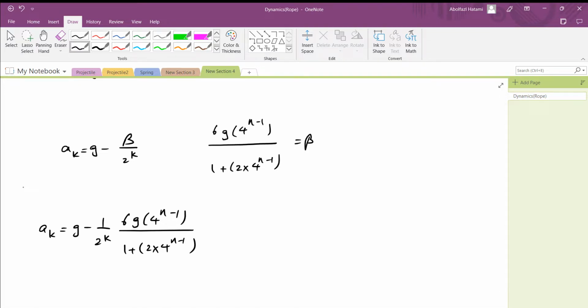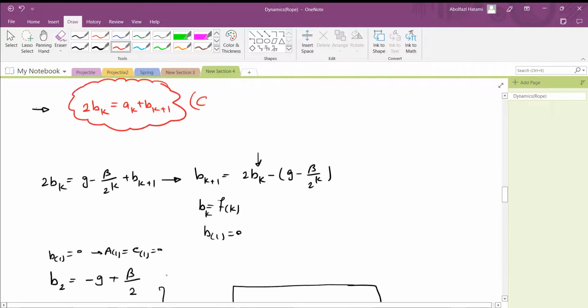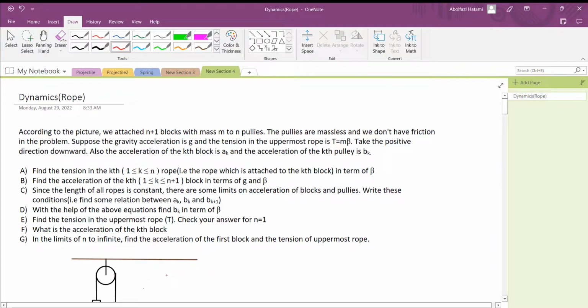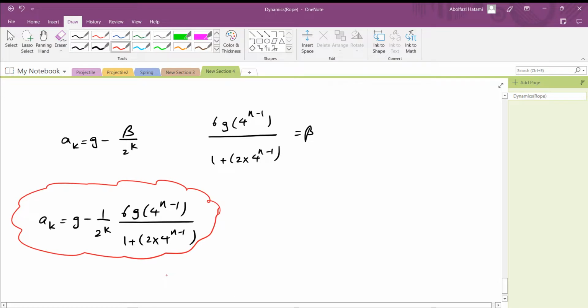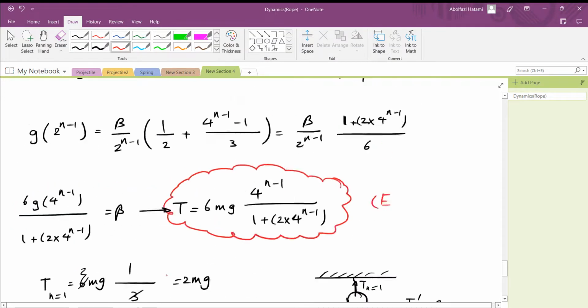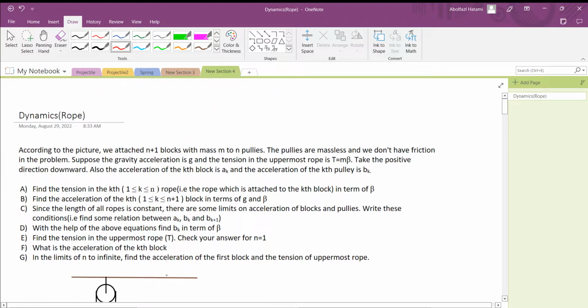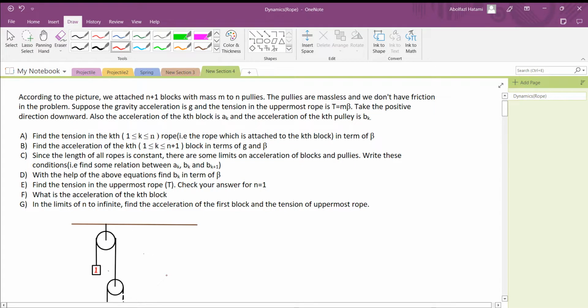I think we can't simplify this more. So this is part f. And the last part of the question is: